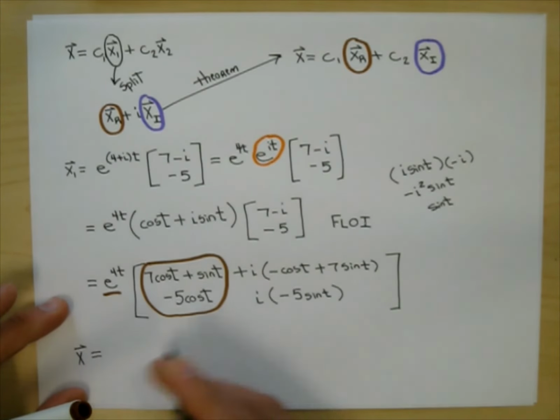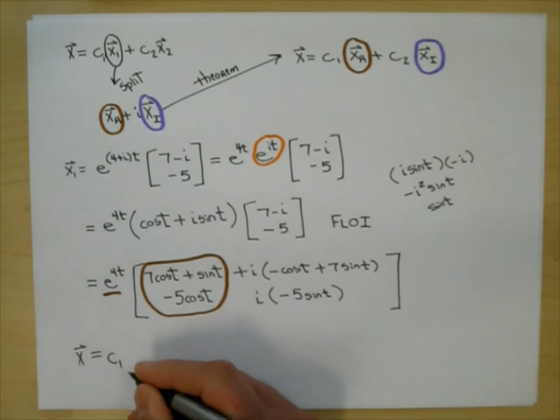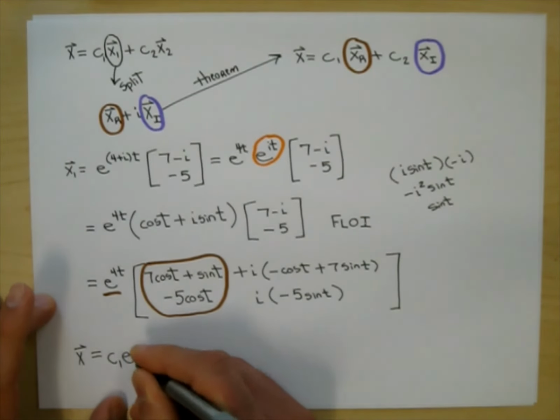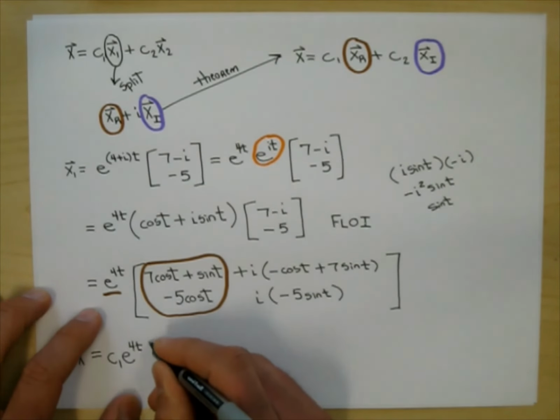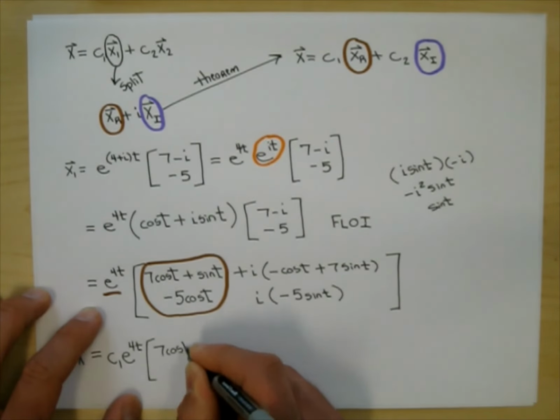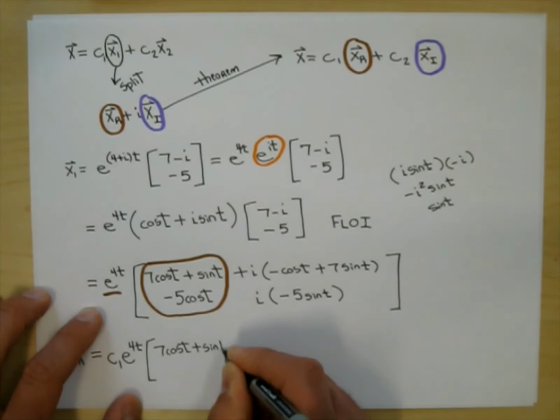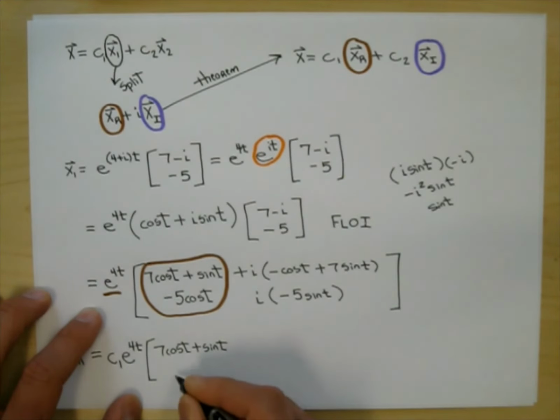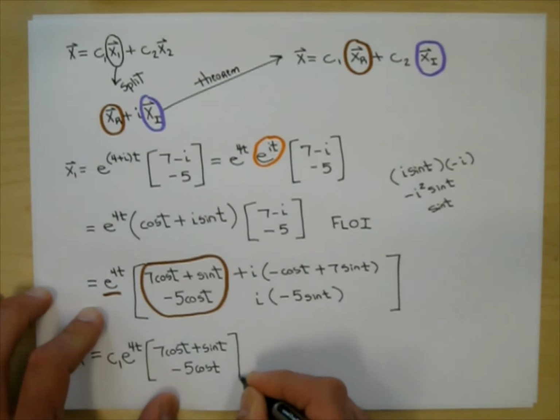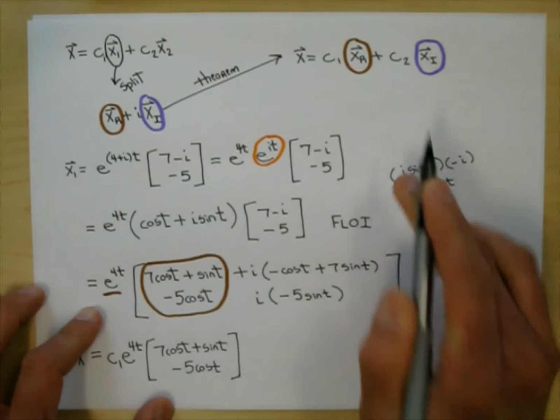x bar equals c1 times the brown part. So this is e to the 4t times that vector that I have in brown there. So this is 7 cosine t plus sine t. And on the bottom I have negative 5 cosine t. Plus c2